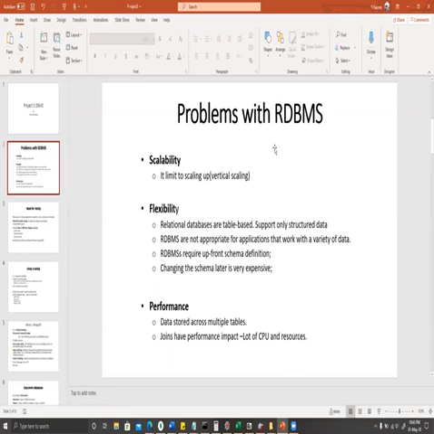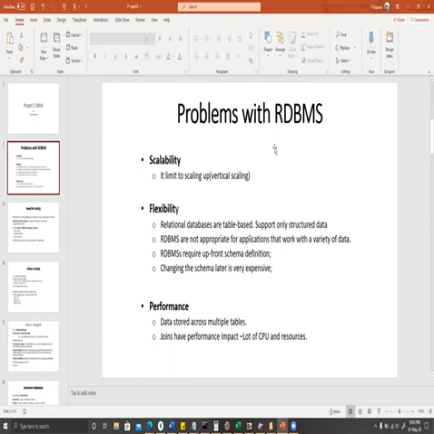The problem with the RDBMS is that we cannot scale horizontally. It is limited to scaling up, that is vertical scaling. If we want more data to get stored, then we need to buy another server with more capacity, and that is more expensive.